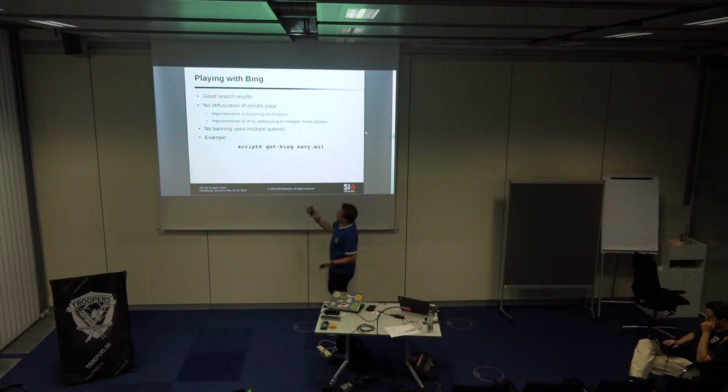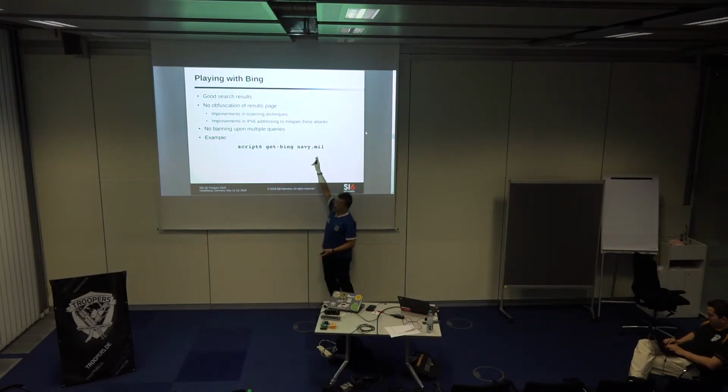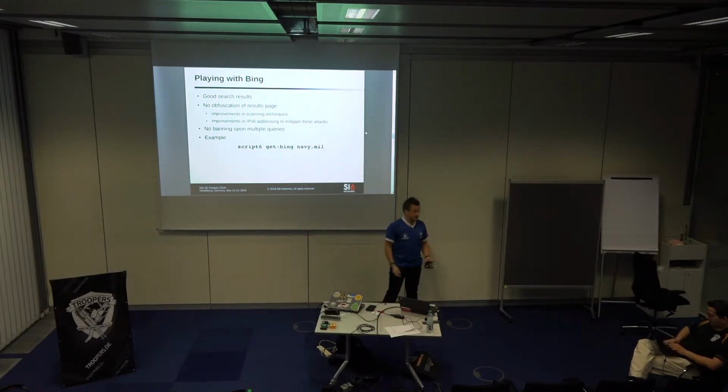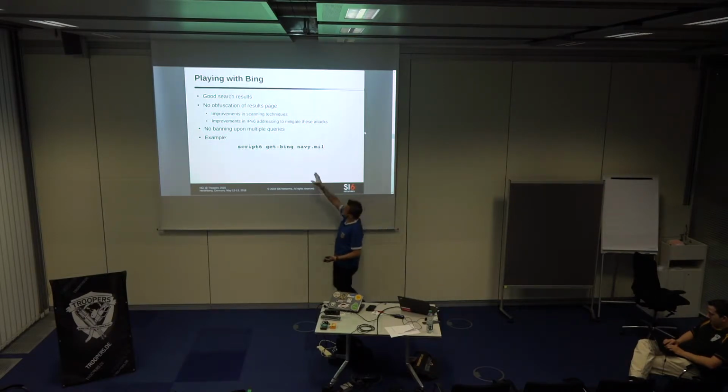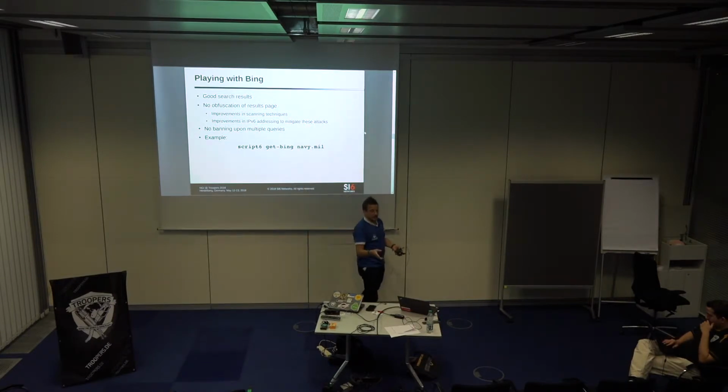So the idea is that, I don't have my laptop in here, but if you use the toolkit, you can download it with Git, there's this specific command which is get Bing, and whatever you specify after this is the domain name that you want to request name records for. So what the tool is doing when you execute it like this is essentially running a search using the keyword site and this stuff in here. Obviously, it scrapes the results from the web page and outputs the results.